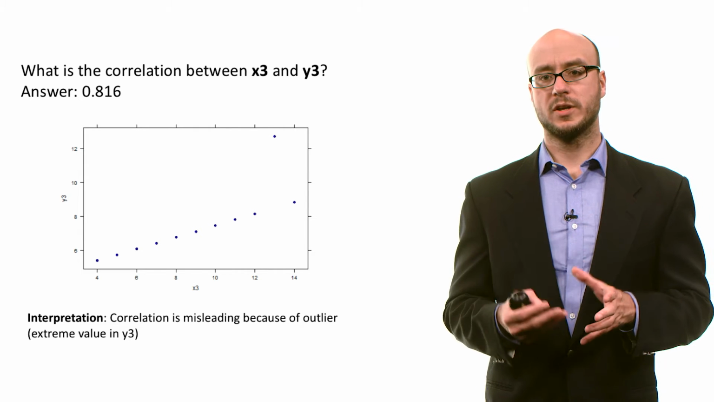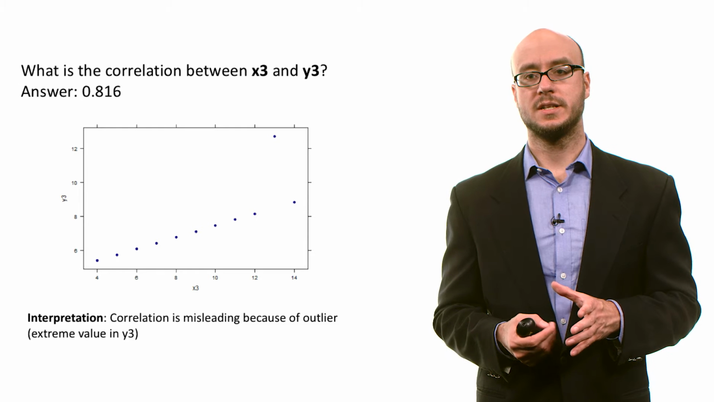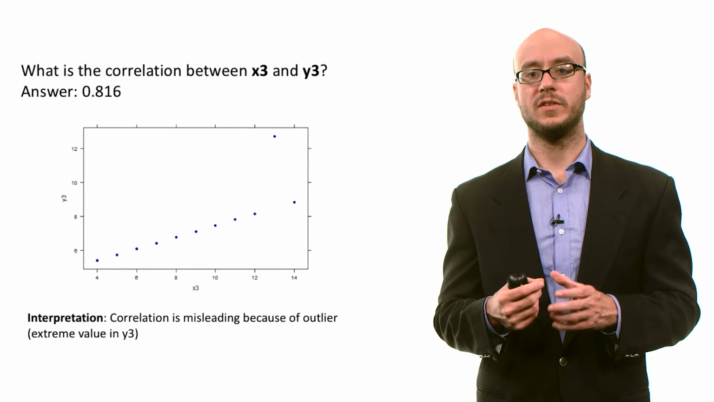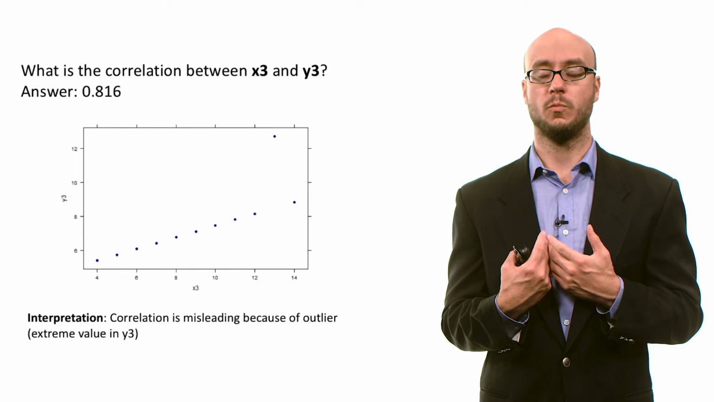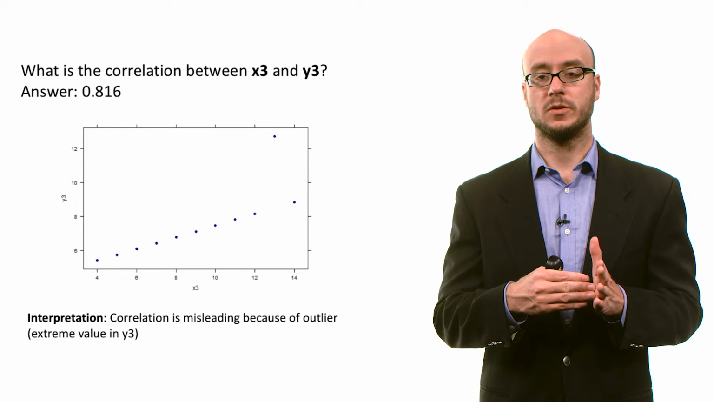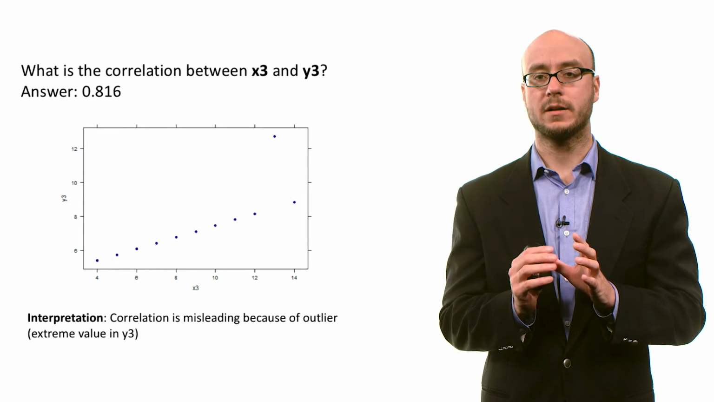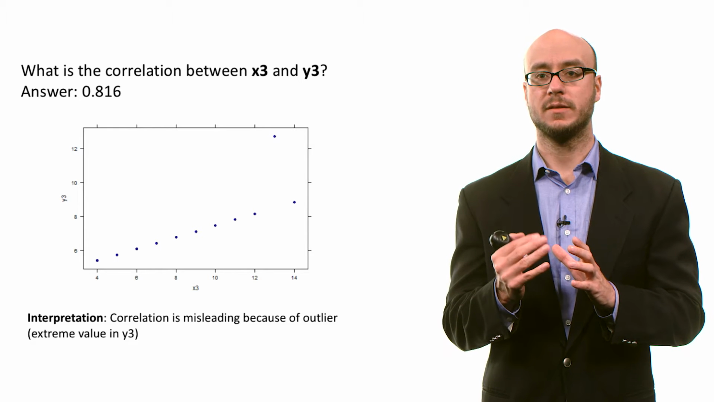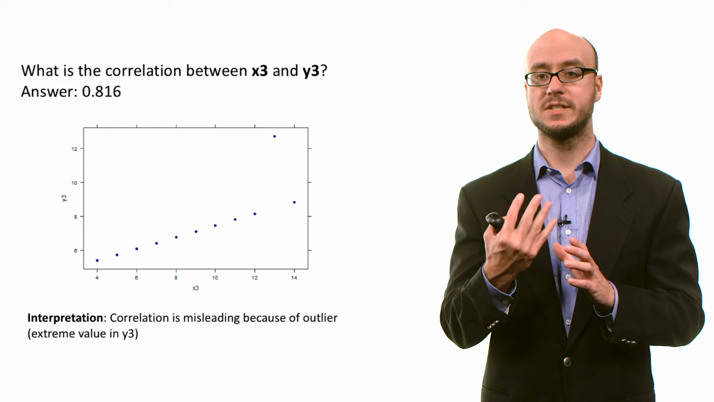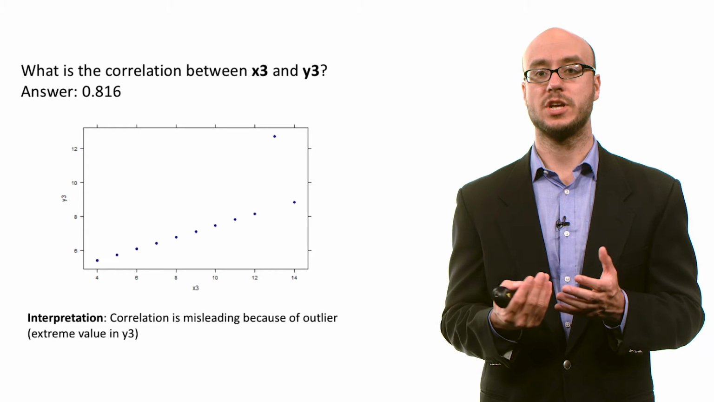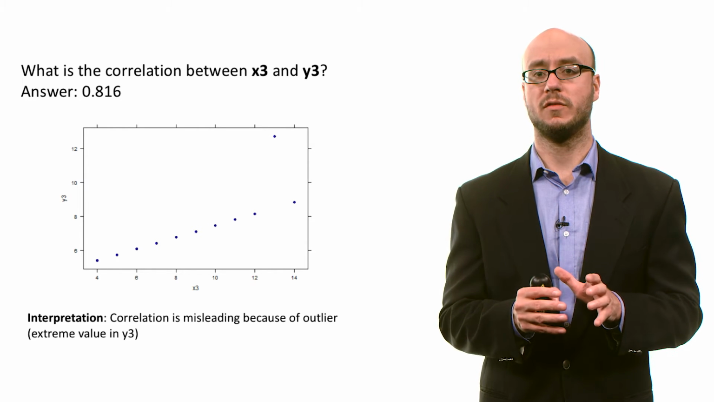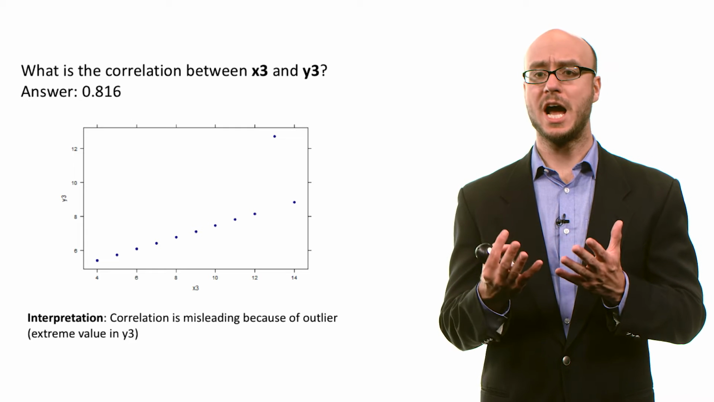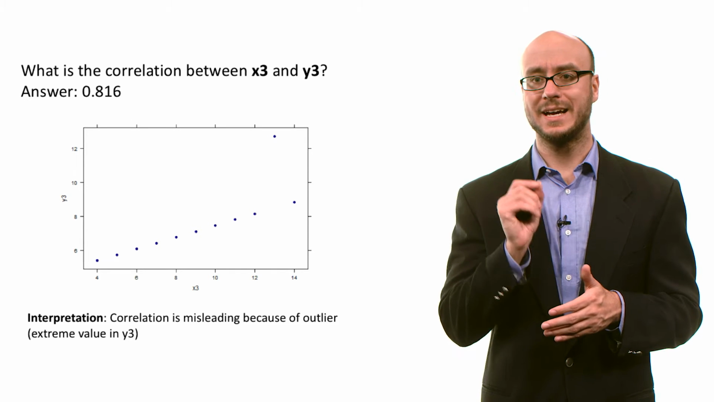But if we look at the scatter plot, you can see that we have this outlier. We have an extreme value with respect to y3. Okay? So here, this outlier, the effect of this outlier is to overstate the relationship if you just look at the correlation coefficient. So the correlation coefficient of 0.816 is much higher than the actual pattern in the data because of that one